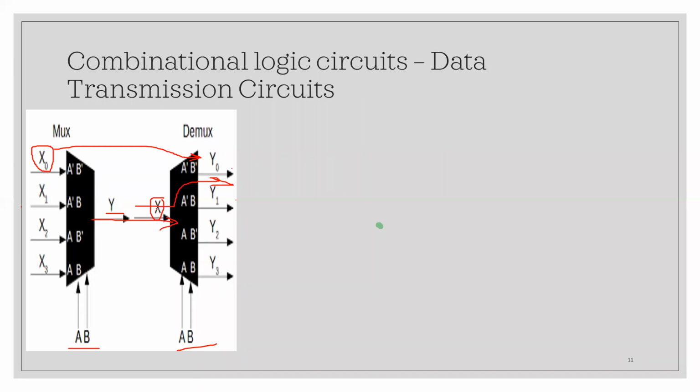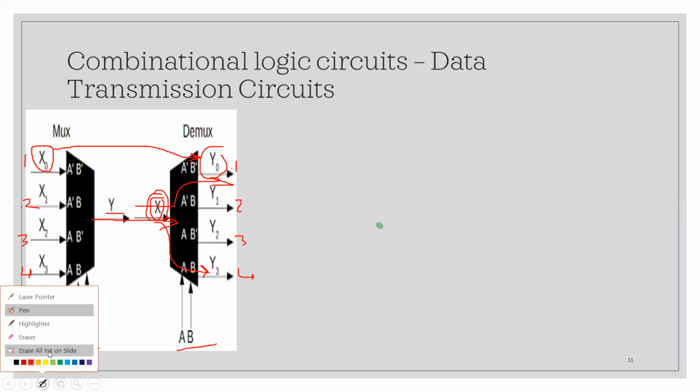So if it is 0, 0, I give whatever input is received at X to Y naught. If it is 1, 1, whatever input is received here will be given to Y3. So it is like a person is here, the second person is here, the third person is here, and the fourth person is here, and here the first person at the sending end, second here, third here, and fourth here. The first person has to communicate with the first person. So you use multiplexing and you send it at the other end. Whenever you see such a thing, synchronization also becomes important. Here we haven't shown it, but synchronization plays an important role.